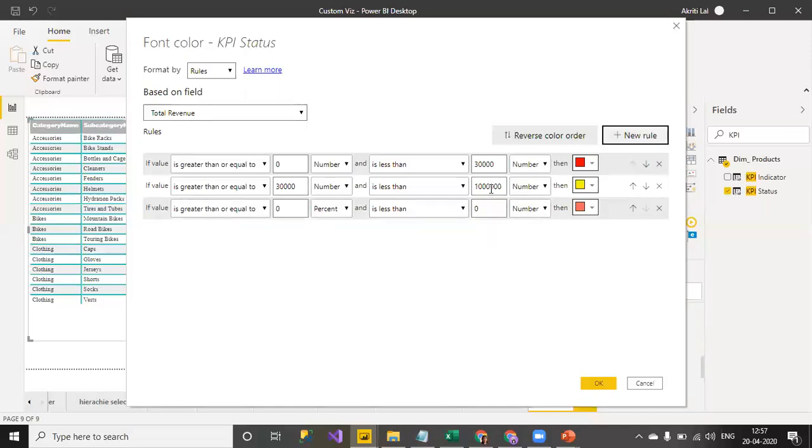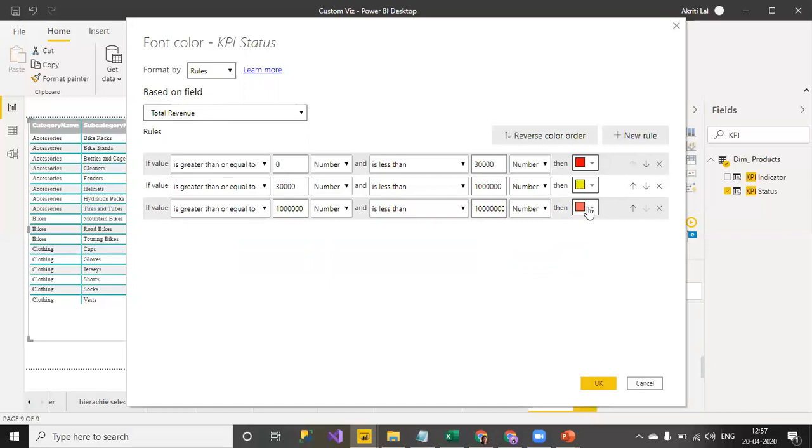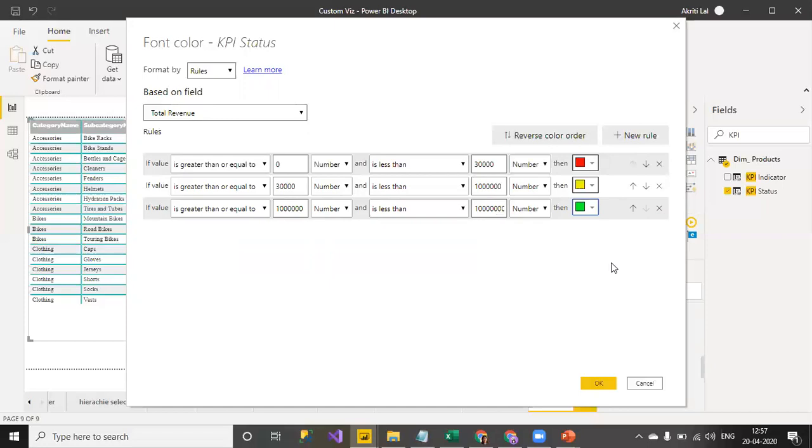And the new rule again is, if this is the rule, then it should be, let me just confirm. I have one, two, right? I think I'm going to pick a green for this. As of now, I'm not using any custom color. I'm just picking it from here. And